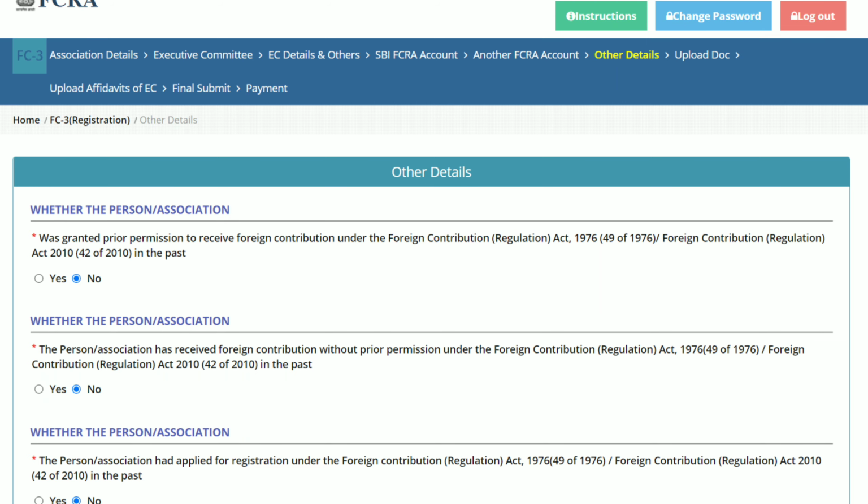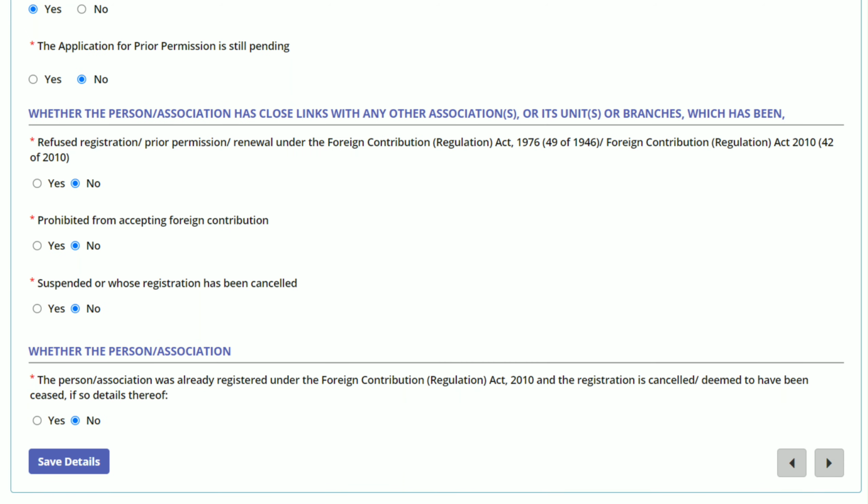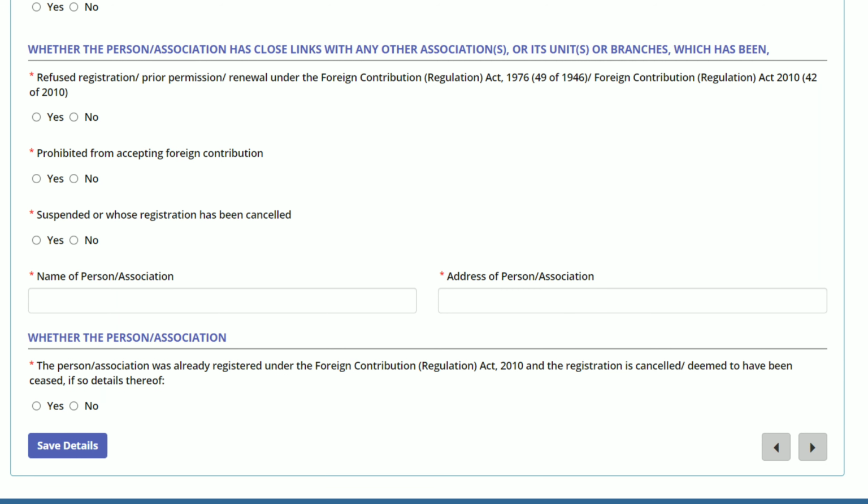The bank details are followed by another set of questions related to the association, such as whether the association was granted prior permission at any time during the past, whether the organization received any foreign contribution without prior permission or was suspended or refused renewal anytime earlier, whether the organization has close links with such organizations who have been refused registration or renewal or prohibited from accepting foreign contribution or suspended or whose registration has been cancelled, and other such questions.